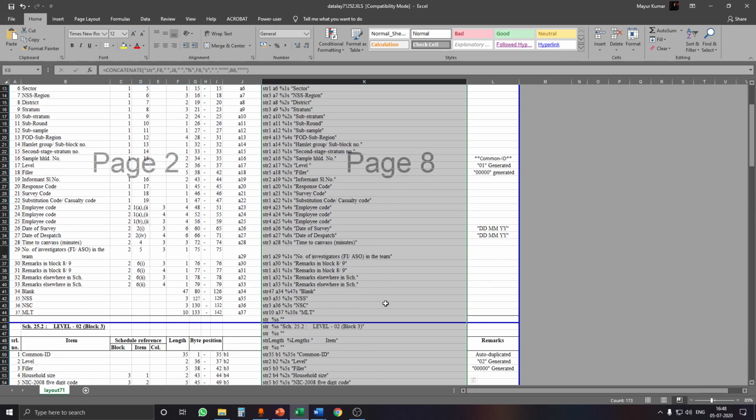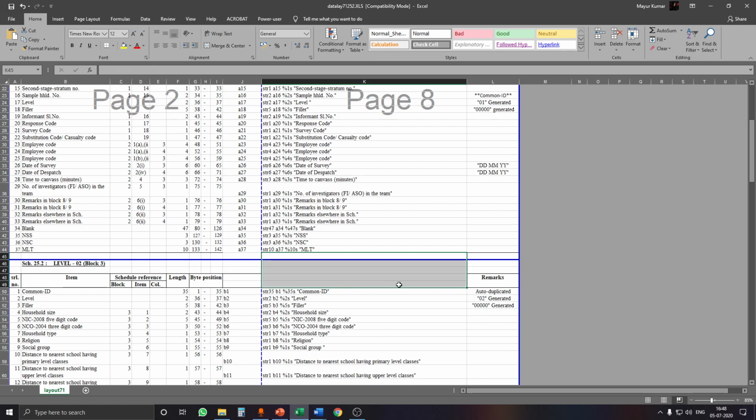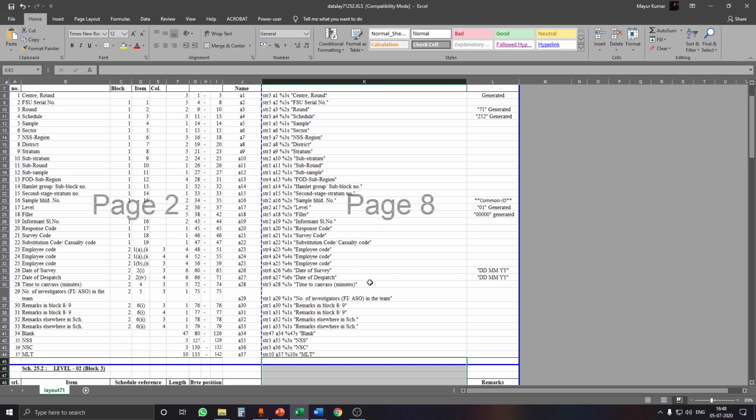Now as you can see that while dragging we have unnecessarily used this formula, so we are going to simply delete it. If we want, we can get away without deleting it, because it is not going to change the results. So we have created the layout.